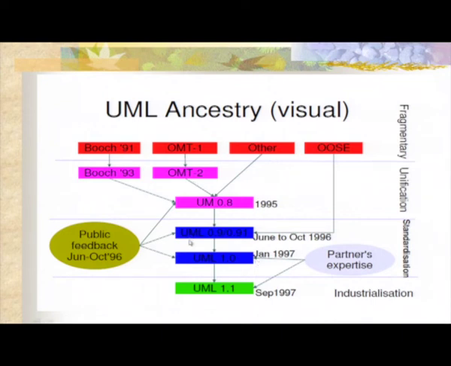So, gradually it became a language, otherwise it was only unified modeling picked from others, not from OOAD. We had so many other methods, at least a dozen methods have been discussed in this set of lectures. So, UML happened, UML 1.0, UML 1.1, public feedback June to October 96. This was a very pioneering idea which was so popular with OMG, and gradually it got into many other forums.